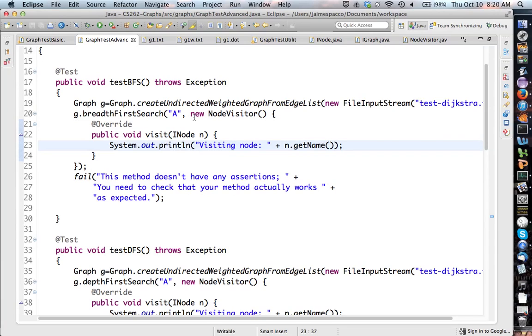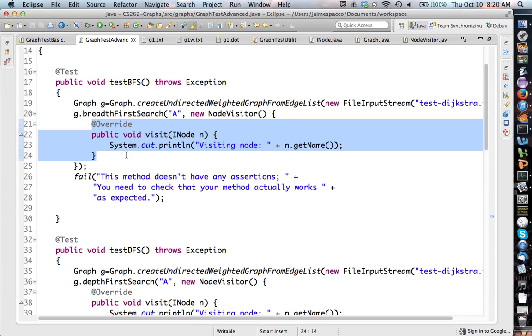Now, this is what's called an anonymous inner class. We want to create a class that implements this, but we don't want to give it a name because it's just going to be created in this one instance and used one time. So we're saying new NodeVisitor. NodeVisitor is an interface which you normally can't create implementations of, but this is a special chunk of code which is saying a new one of these, and then instead of having a semicolon or closed paren here, we actually have an open bracket, closed bracket, and then we're just sticking in the body of